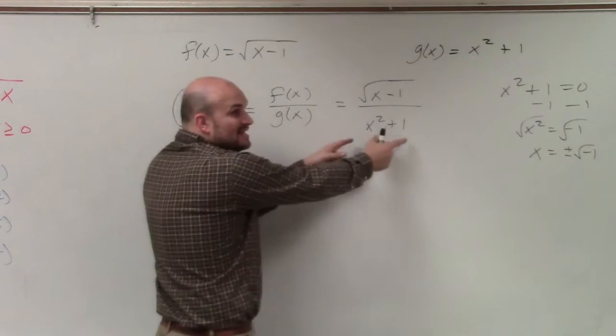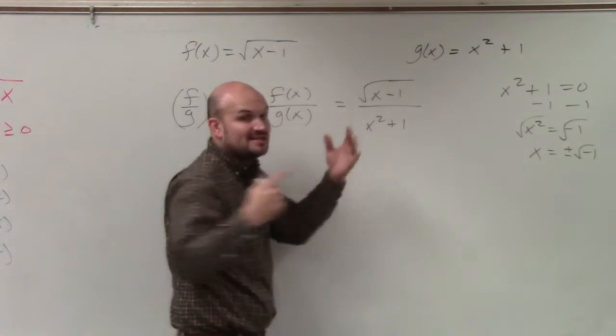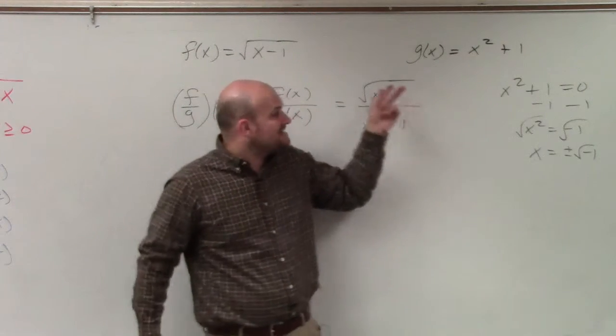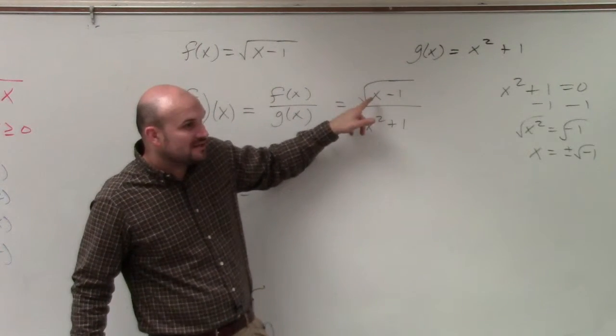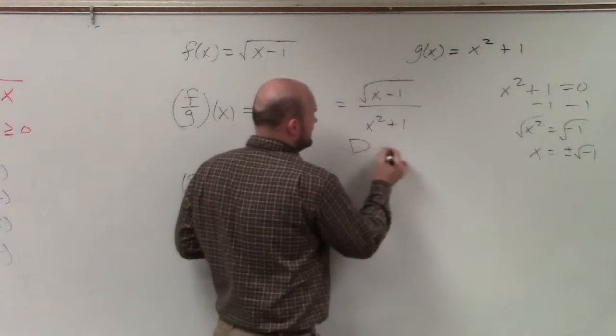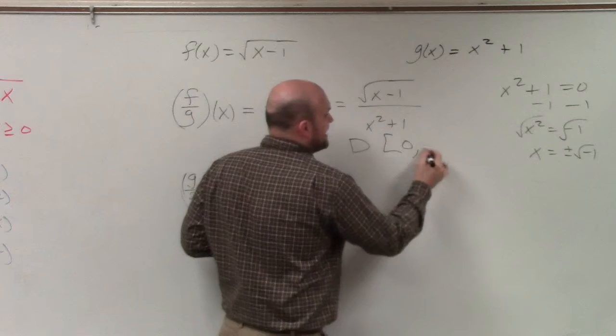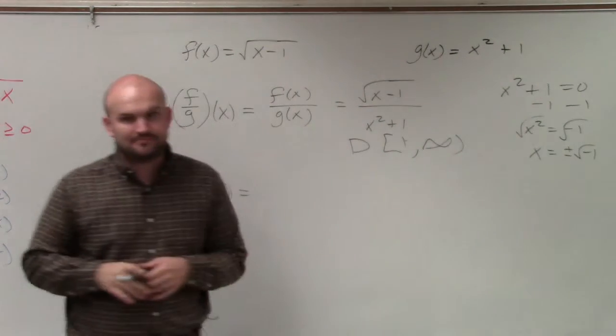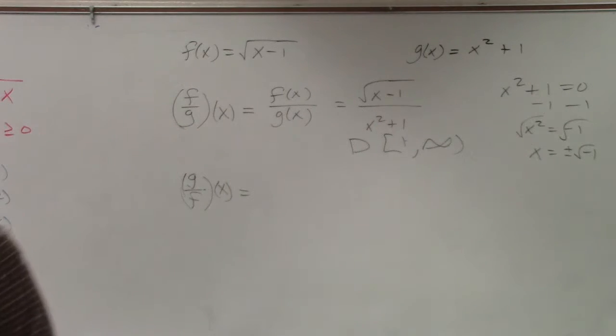So based on this, based on my denominator, my domain is all real numbers, except I still cannot plug in values that are less than or equal to 1. So my domain is still going to be the same for this whole problem of 1 comma infinity. OK? That's not going to change. Now let's